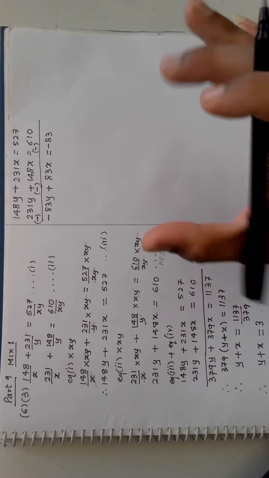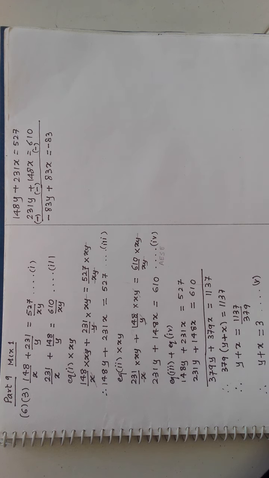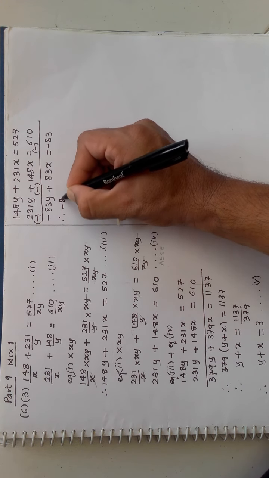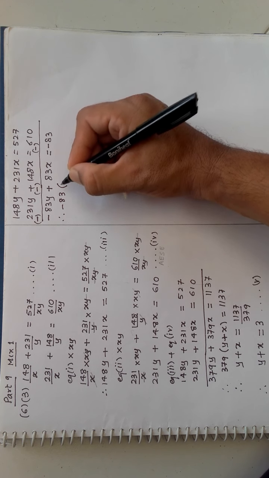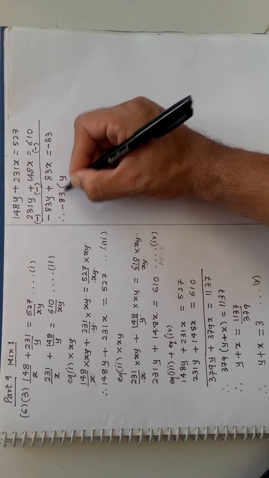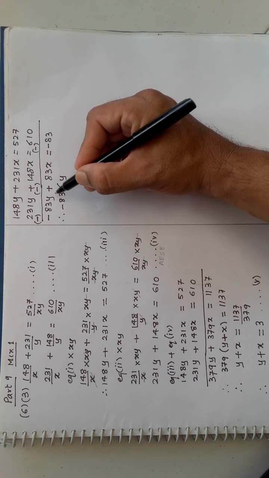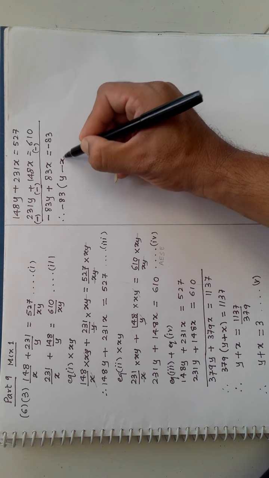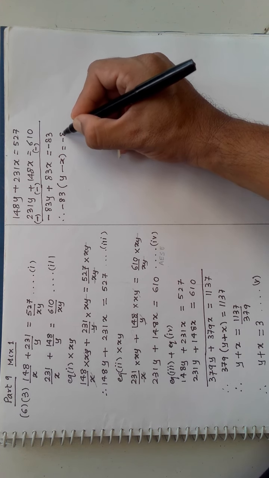Now the same question came like yesterday. I am going to take 83 common. Actually I can divide throughout by 83, but I don't want you to get messed up with that right now. So taking common is one more step. Okay, no issue. So I am going to take 83 common. Shall I take 83 common or minus 83 common? I will be taking minus 83 common. The reason is, the first term will become positive because the minus has come outside. Now since the minus sign is outside, the inside sign will change and it will become minus. 83 has come out, so x is equal to minus 83.